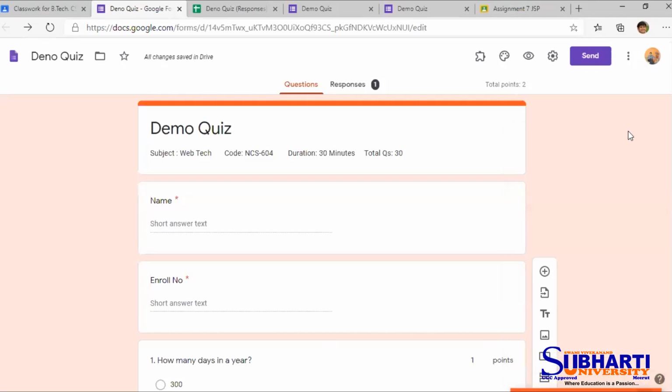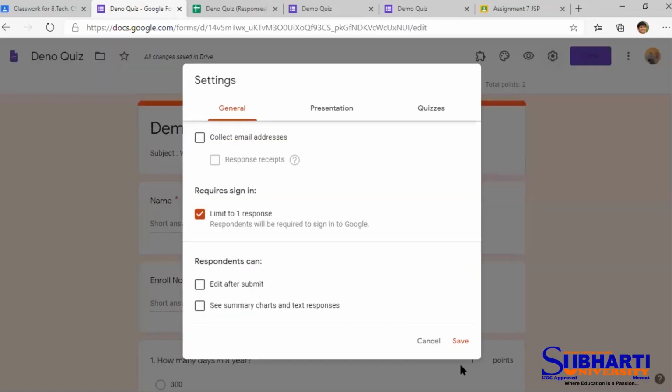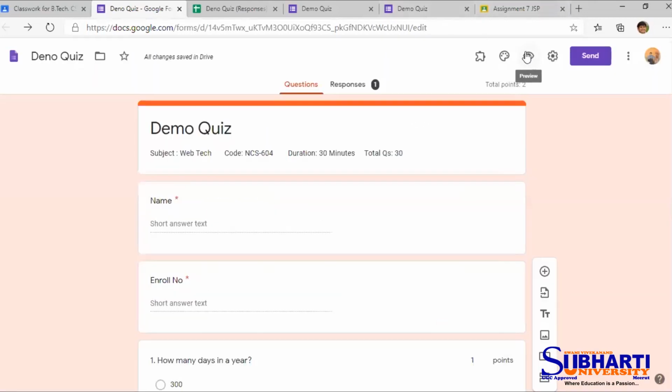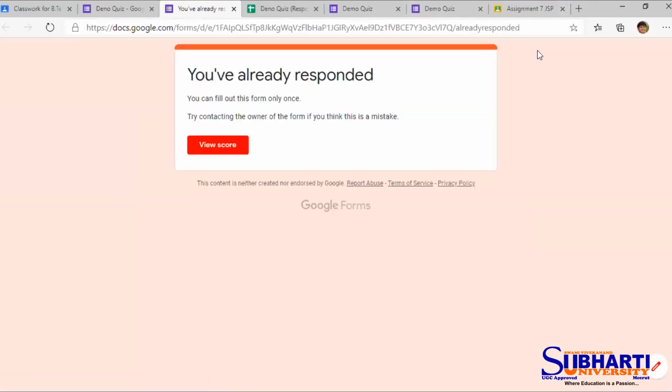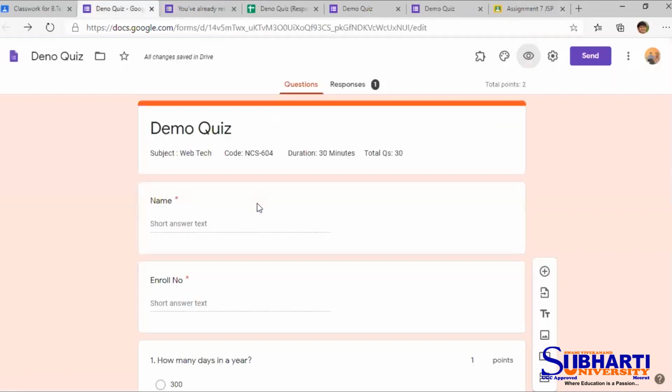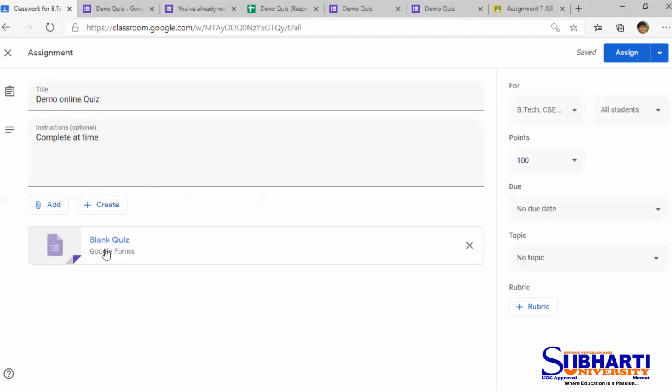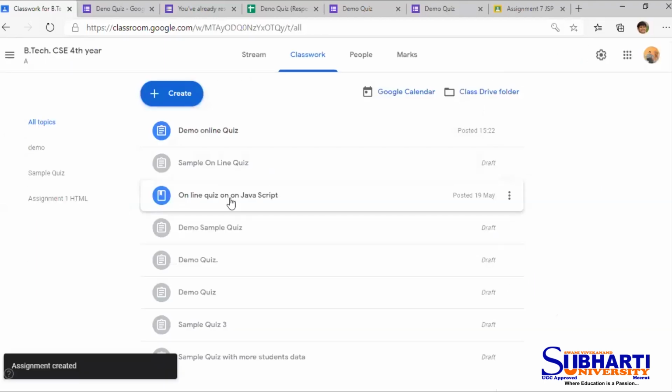Now remove this from the screen and again use the save option and click on preview. So now I will come to another option. This quiz is now prepared and ready. I will come back to the class option, and now I can assign from here. This is the Google Classroom where I started creating the quiz. Now I will click on the assign option, and I have assigned it to the students.